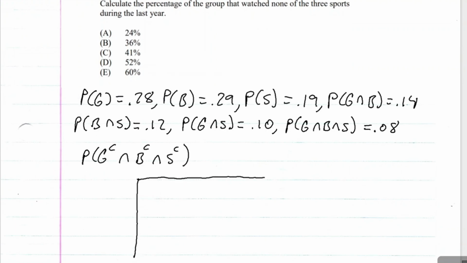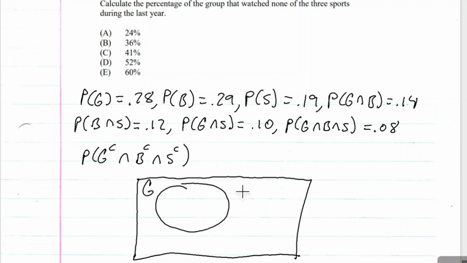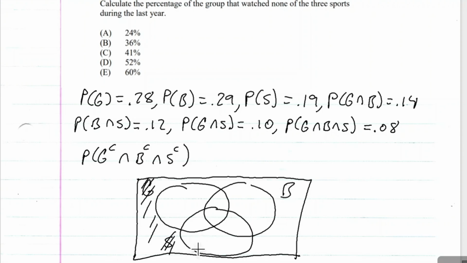Okay, so let's see. So we have G, B, and S right here. So G complement is everything outside of G, including these areas. But we also want B complement, so that's everything outside of B. And we want S complement, which is everything outside of S. So notice it's everything not in any of these